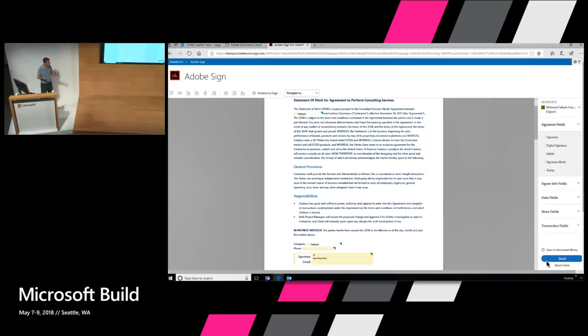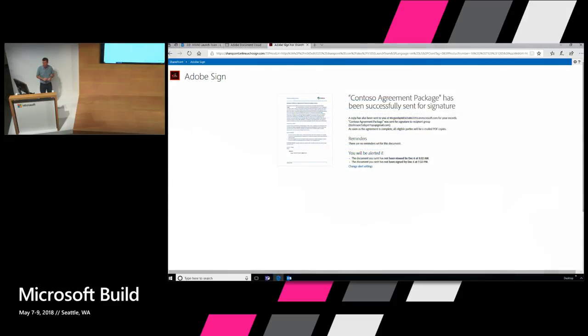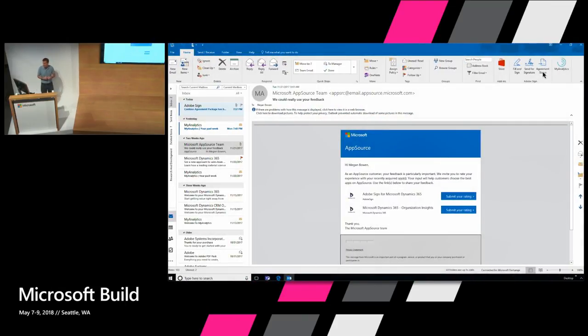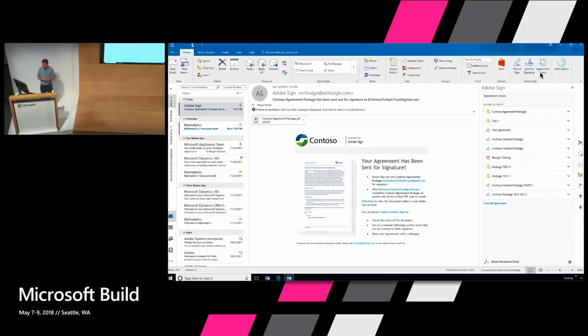So if we send this out, an email will be sent directly out to Brian. He will go through the signature process. We'll go through that just in a moment. As the author, Megan sees some context that, hey, this document has been successfully sent. And let's imagine that later in the day, she's living within email, within Outlook, and she wants to check on the status of that. She can go directly to the confirmation and click on the right-hand pane and see that